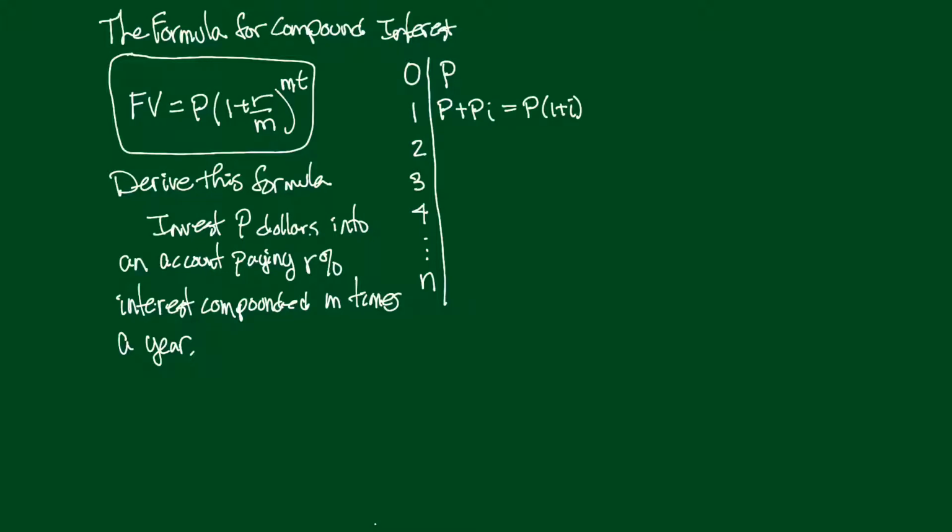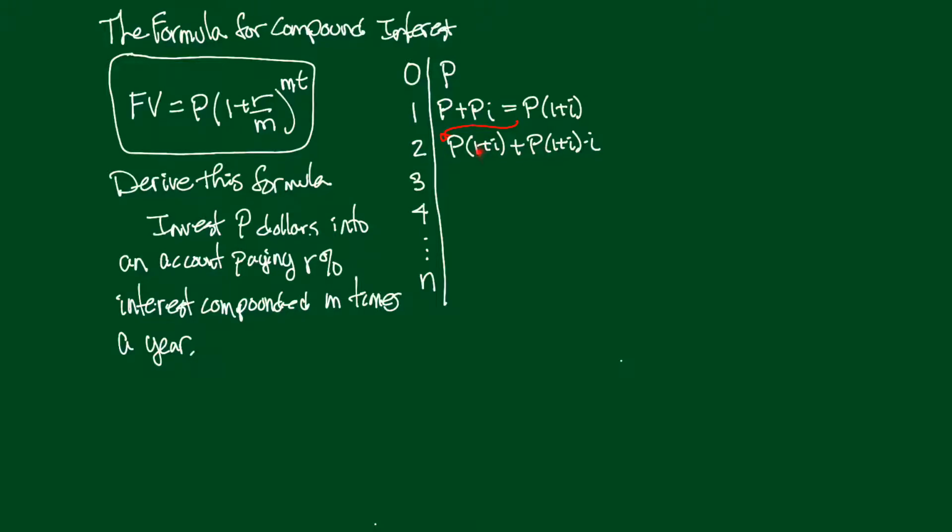Now, starting the second period, how much money do we have to start with? Well, the amount we have to start with is this one right here, because that's our ending amount after the first compounding. So this is going to be our amount to begin the second period. So we're going to start here with p times 1 plus I. We'll have that amount plus the interest on that amount. So p times 1 plus I times the interest on that amount. And now